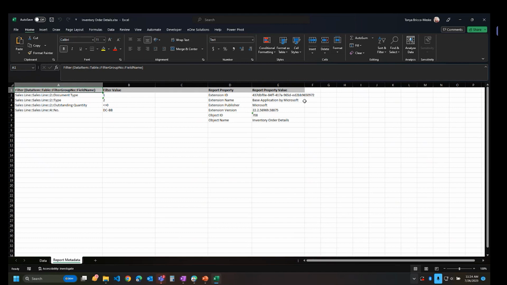If you wanted to use a base sales order report and add some of your custom fields, or maybe there are some fields that are not part of the data set that are part of Base Business Central, we can add those as a report extension,